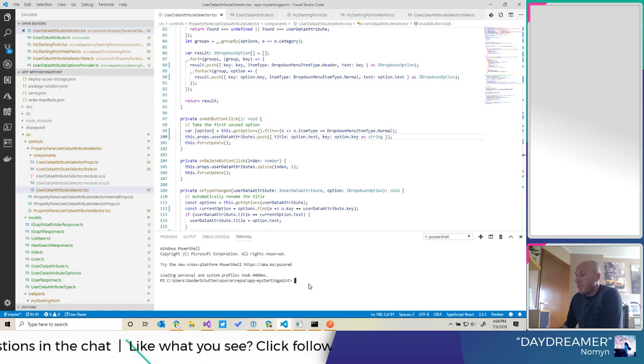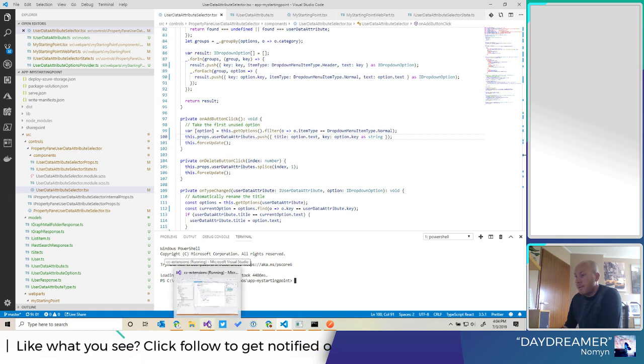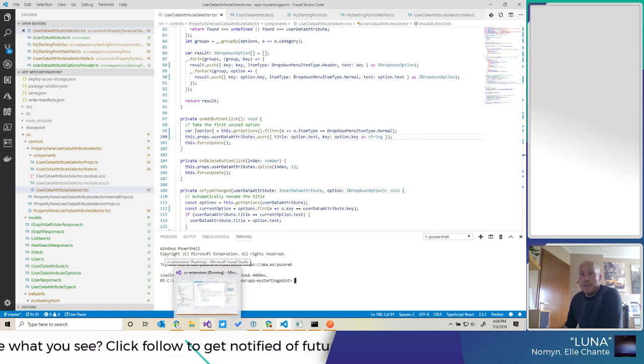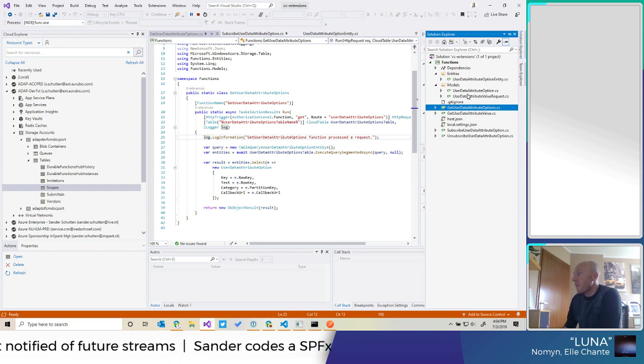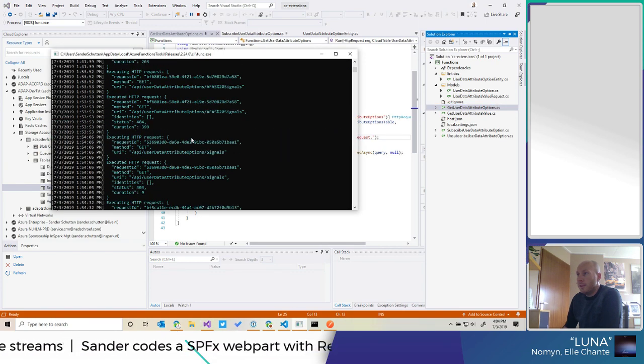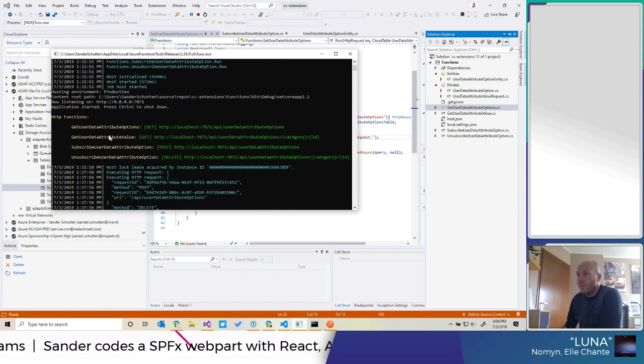And I will start to run that so that we can see what it does. And in the background, I already have the Azure Functions running. So I have here in Visual Studio for desktop, so the non-code version, this function running with basically the API that we're going to use. And it's currently available. I've done some tests.